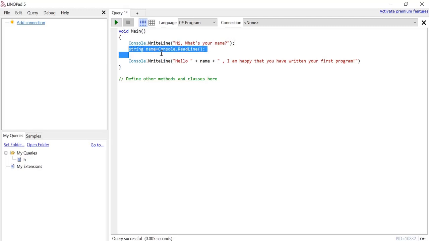This is the second line. When you provide the name and press enter, after that it will store your name in this variable. Just know that name is a variable right now. I will let you know later what a variable is, what keywords are, what functions are.